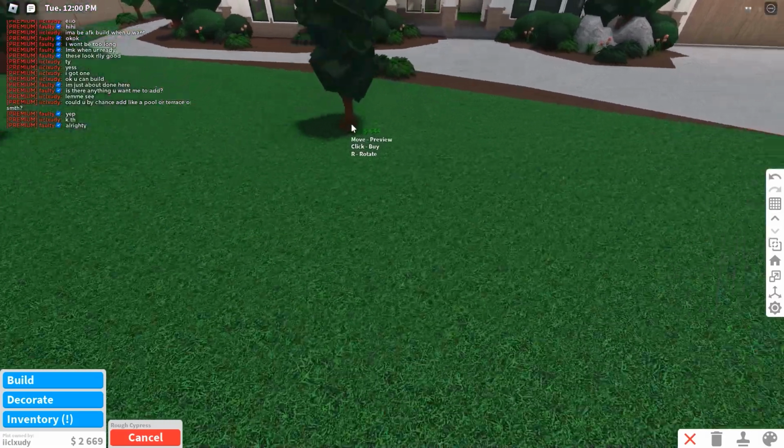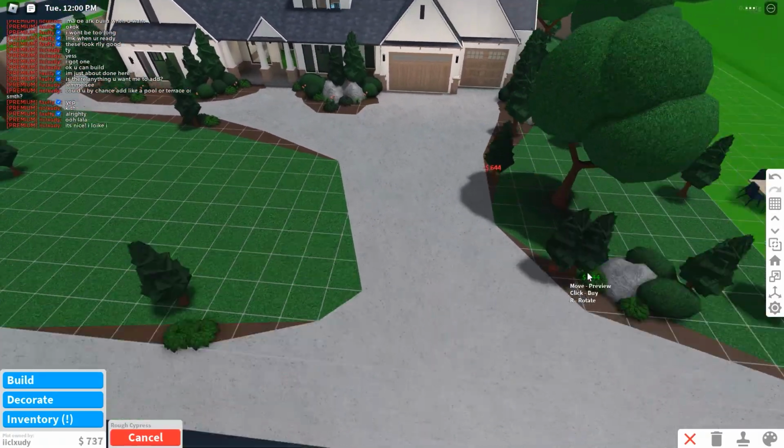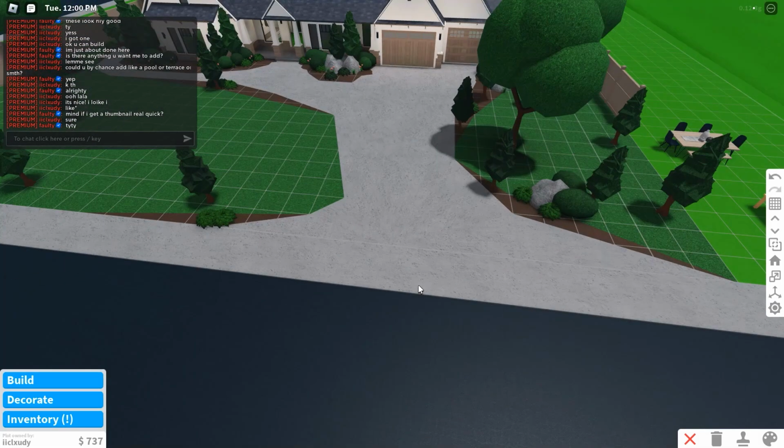In the end, I'm kind of happy with it. Obviously, should have done a lot more with the gardening. Budget wise, I think it's fine. I wish the front yard had a couple more trees, but that would also kind of block the whole view of the house from the front. I don't know. I have no idea what I could have done better or what I could have done worse,